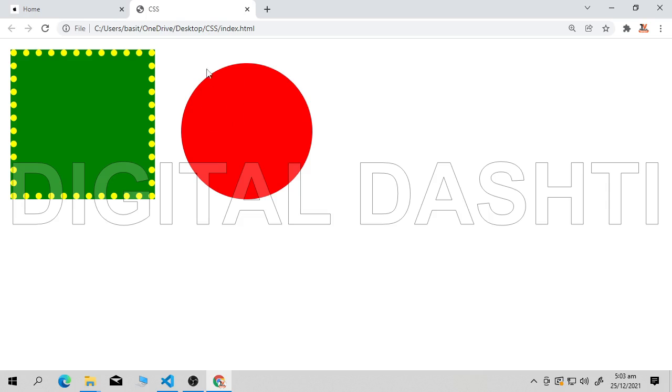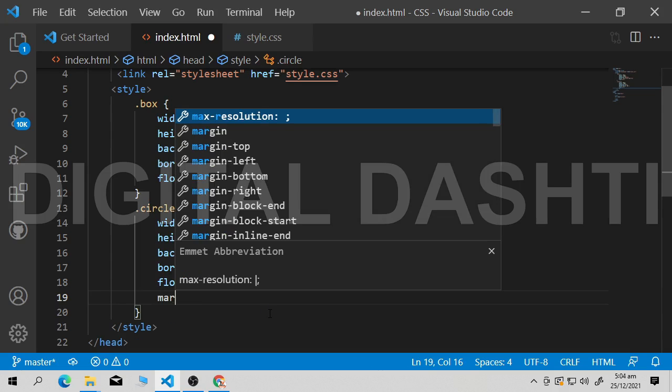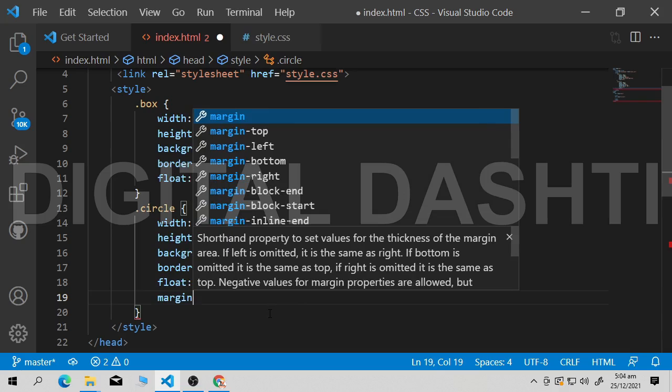So this is how your float and margin actually work. Now let me give you some more concept about margin. What if I don't want to use left and top? I only want to use the margin property. So you can use only the margin property to give margin to your object, but for that what you have to do,